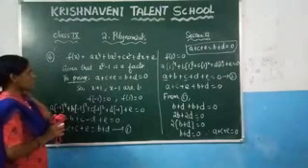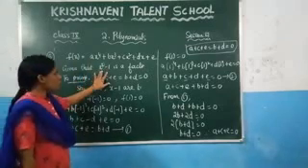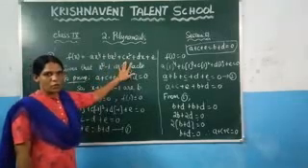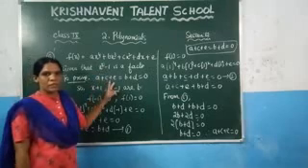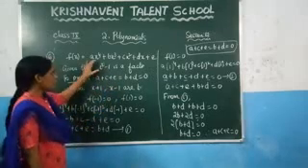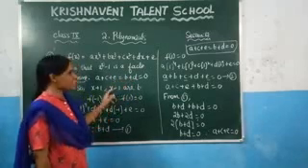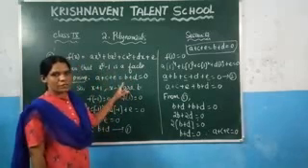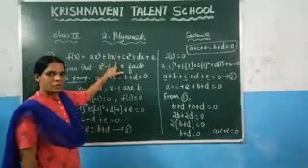Again, what the question says here, they have given this polynomial and they said that x square minus 1 is a factor of this polynomial. Since you know that the divisor should be in the form of the linear polynomial, we have written this x square minus 1 as a product of the two linear polynomials, which is x plus 1 into x minus 1. So we can say that x plus 1 is a factor and x minus 1 is a factor.